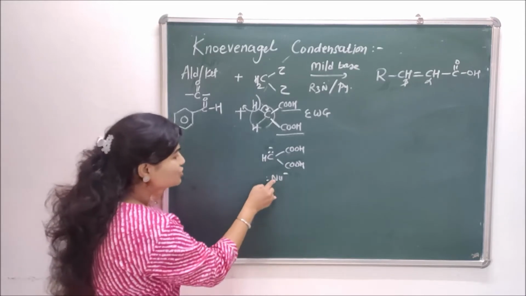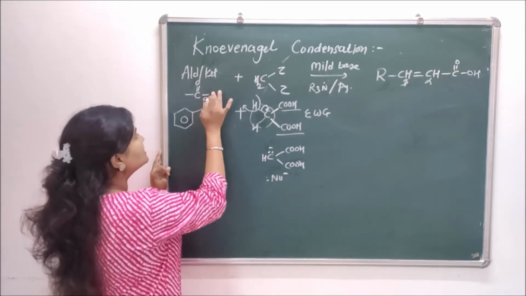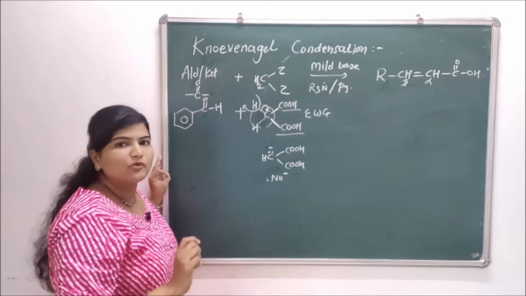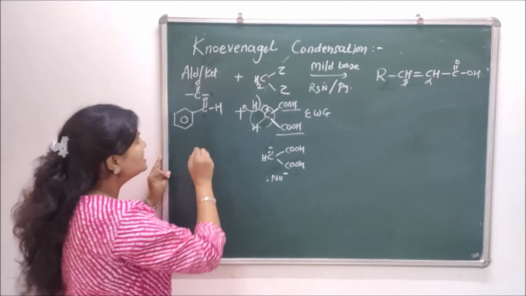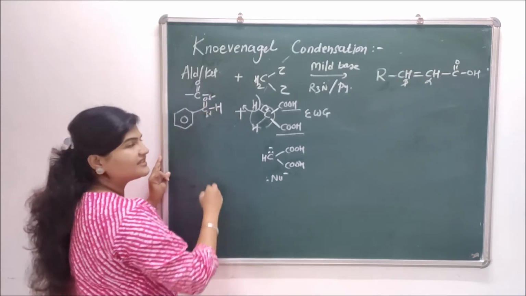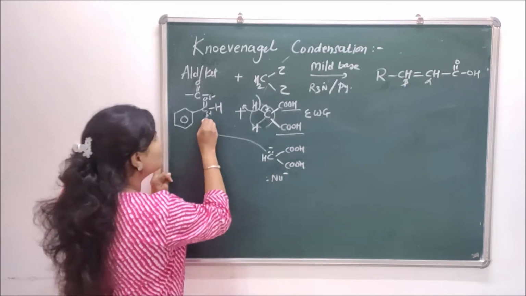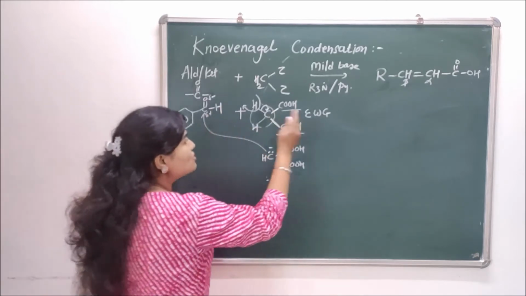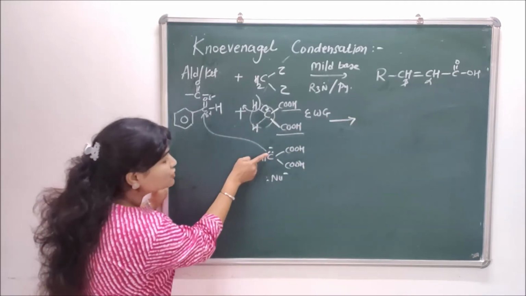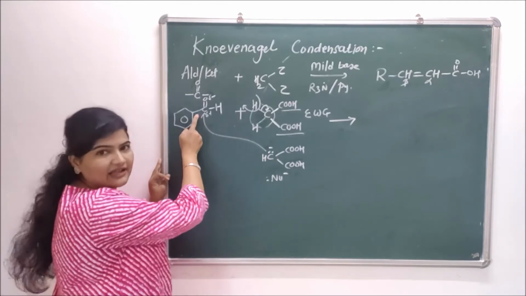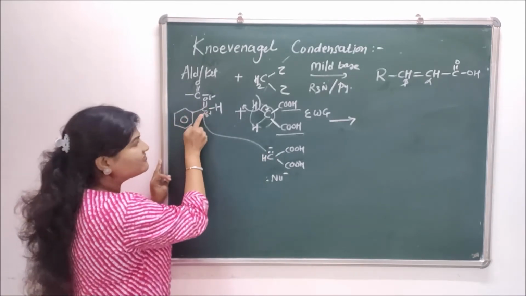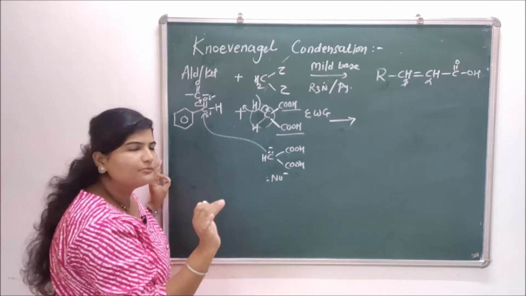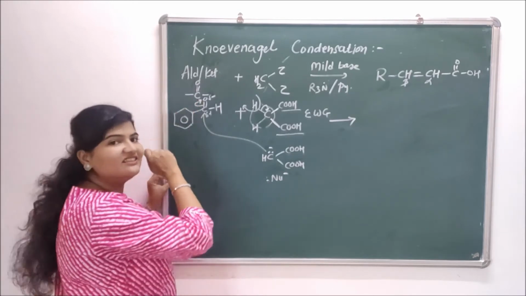Now this nucleophile will go and attack the electron deficient carbon in the substrate. You know in aldehydes and ketones, the C double bond O bond is very polar. Oxygen is delta negative, carbon is delta positive. So this nucleophile will attack the electron deficient carbon in the substrate molecule. What will happen now? This carbon, using these two electrons, will form a bond with this carbon. Carbon cannot form five bonds, so the double bond between carbon and oxygen will be broken, in turn making oxygen negative.